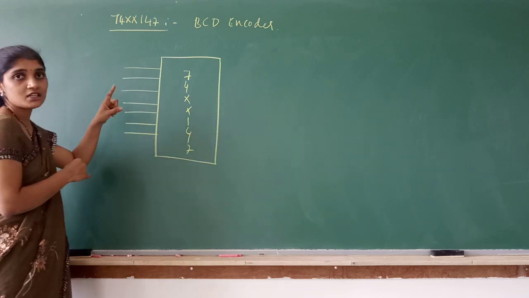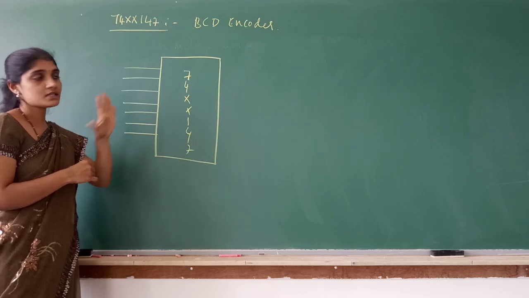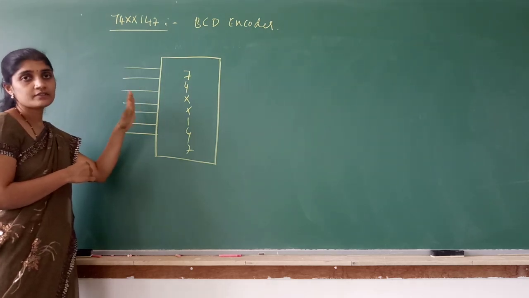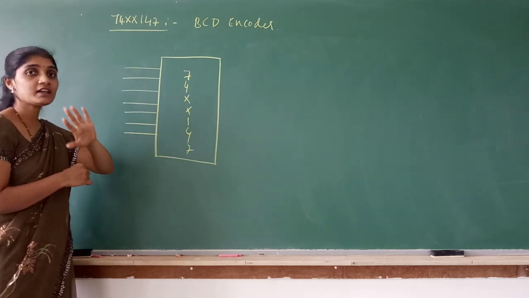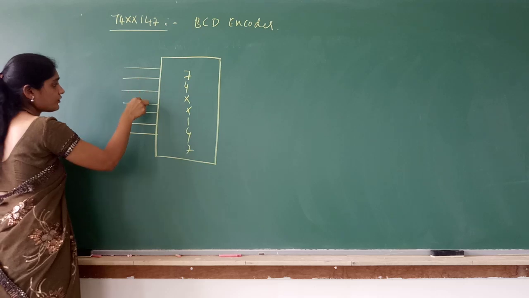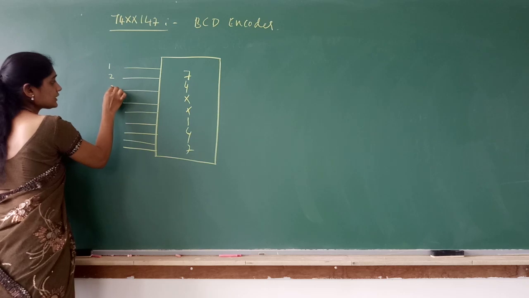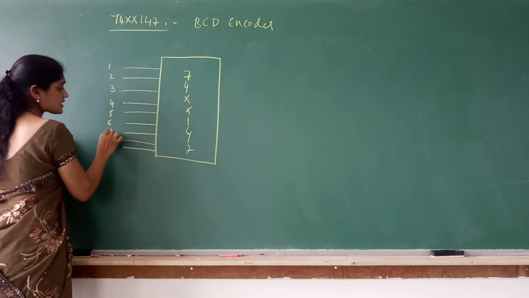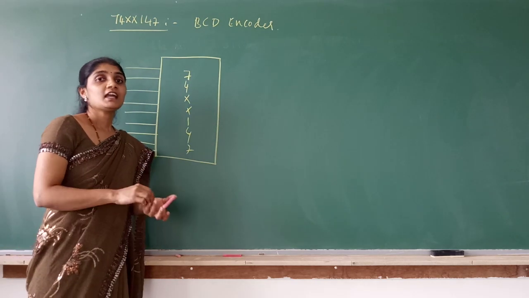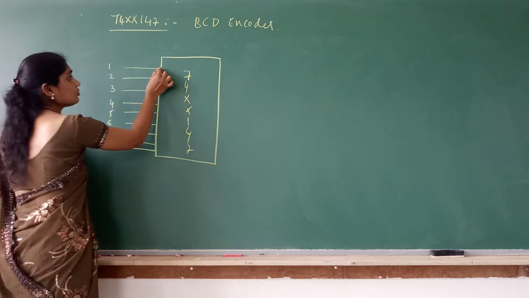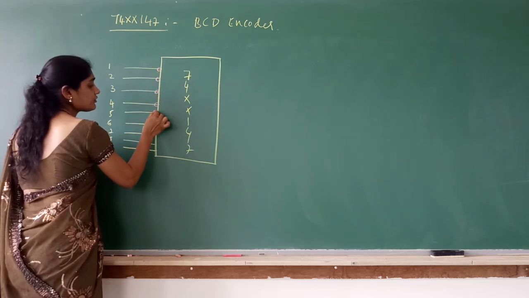But remember, for the BCD encoder, even though the BCD numbers are from 0 to 9, that is 10 numbers, we actually need 10 input lines. For the decoder we have 10 output lines. But for the encoder we don't have 10 input lines, we will have only 9. So 1, 2, 3, 4, 5, 6, 7, 8, 9. Only 9 input lines. And one more important point here is inputs are active low. Inputs are also active low in 74XX147.